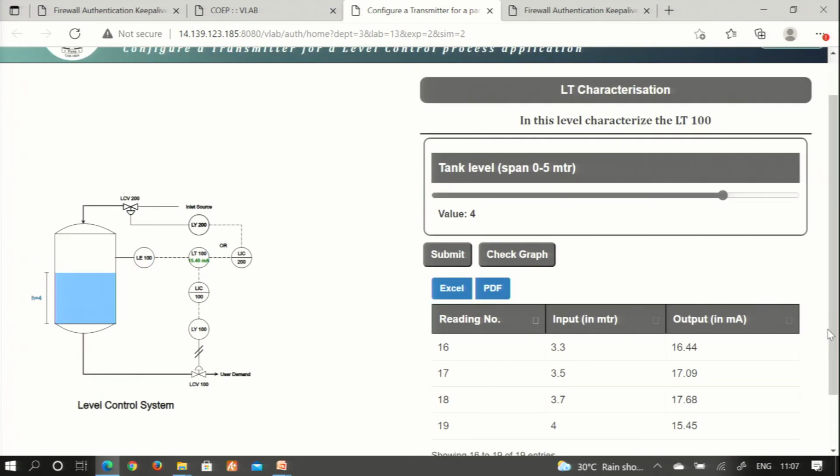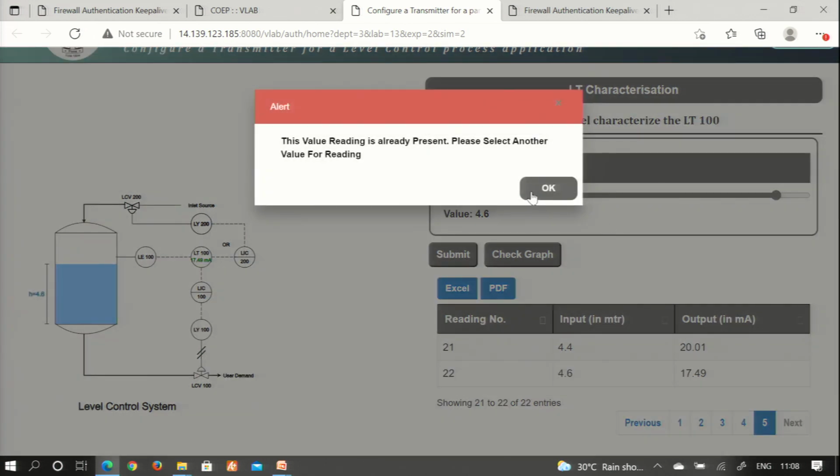In my previous session, I said that when you are expecting students to do certain critical work, you have to make sure that they are not doing something which is obvious. That is the point here. All these readings would be noted by the student and the system will take care of it, and the level in the tank is increasing. If I press it again, it will say that this reading is already there, you have to